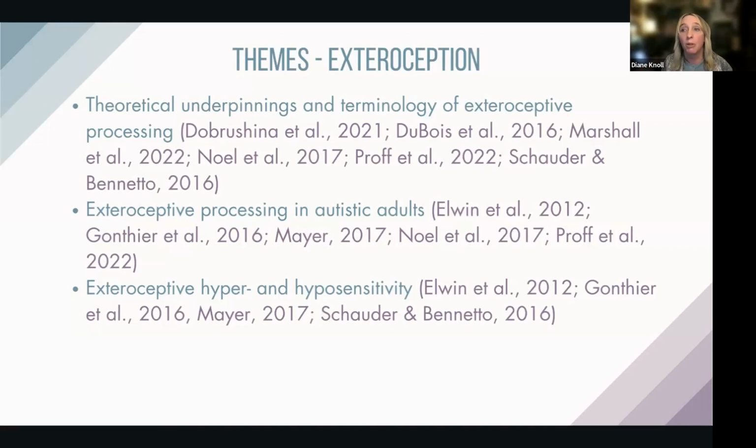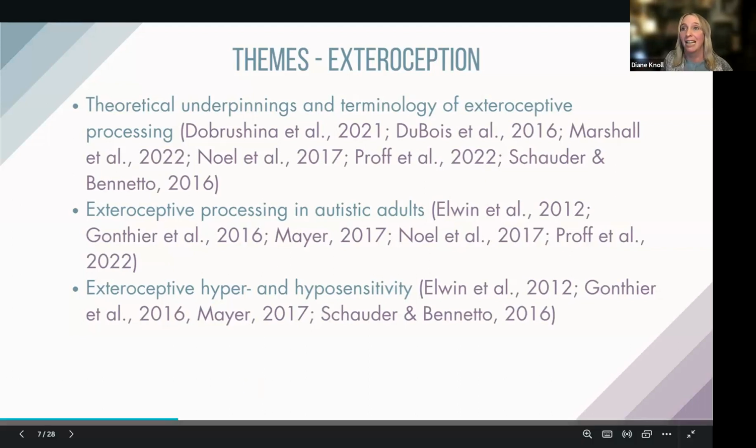And then one qualitative study that I found really helpful for most of my literature review was reviewing works by autistic authors, and it found that all of the authors that they reviewed reported sensory processing challenges that carried over from childhood. So making a pretty strong case that yes, it does not go away when you turn 18.